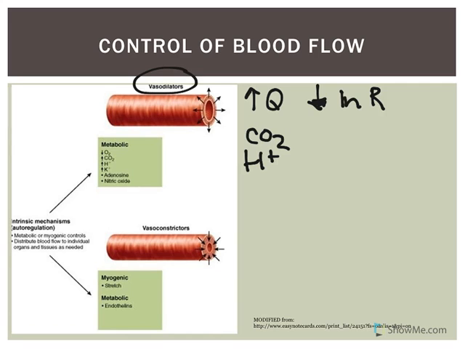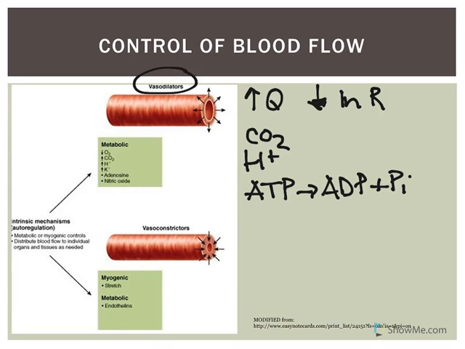When tissue is more metabolically active, they produce more carbon dioxide. The hydrogen ions would be a byproduct of lactic acid production. Both are metabolic byproducts. There also, think about adenosine. Adenosine is a breakdown product of ATP. So if I take ATP and I break it down, initially I get ADP plus an inorganic phosphate. But in some instances, we can break that all the way down to adenosine, and adenosine is a very potent